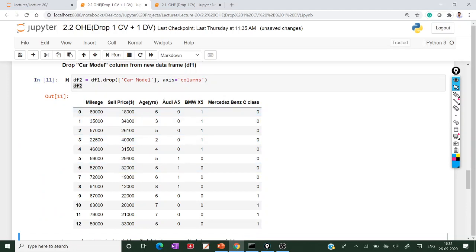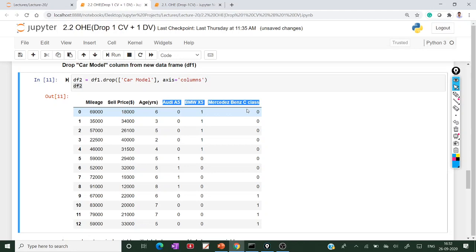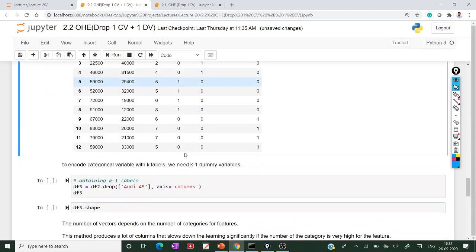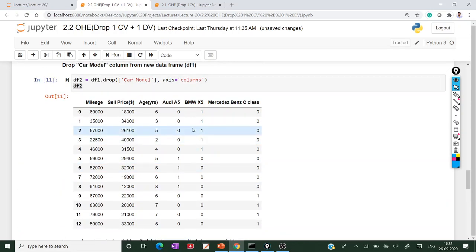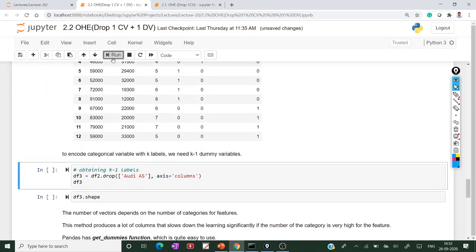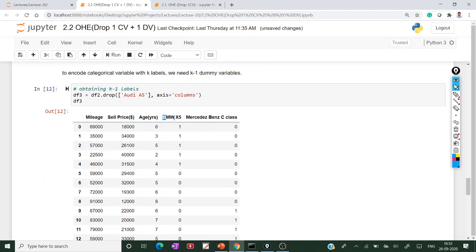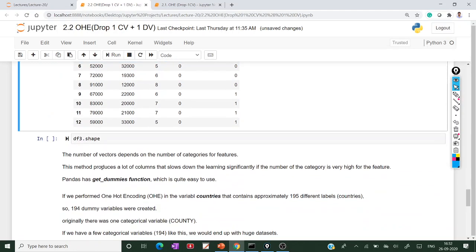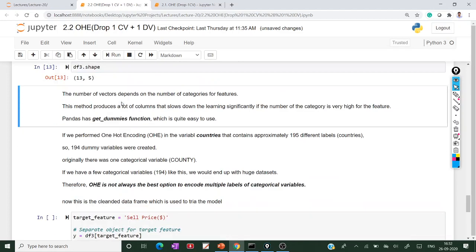Among the 3 dummy variables we can drop any one. Here I am dropping this dummy variable. I am considering only 2 dummy variables. Now this data frame is ready to feed to the model.